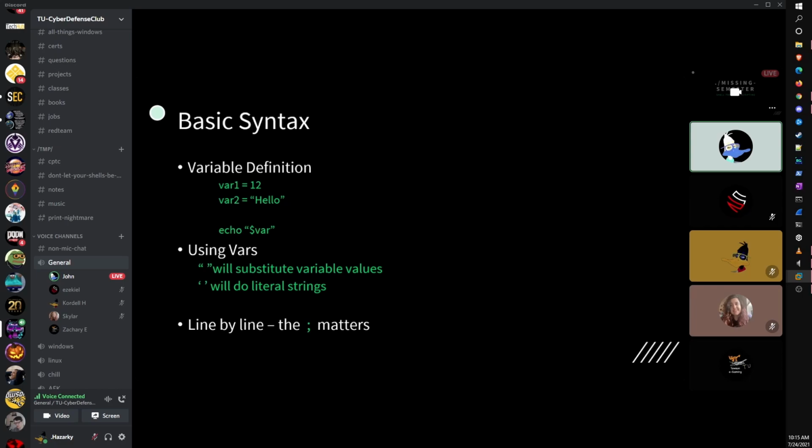You can assign variables, give them a value, and then you can use variables. So you define a variable. Variable 1 is 12, variable 2 is string hello, and then you echo out. You can use echo, which is just a print statement, prints right to the command line, and you can print a variable. Now, there's two ways to use variables,